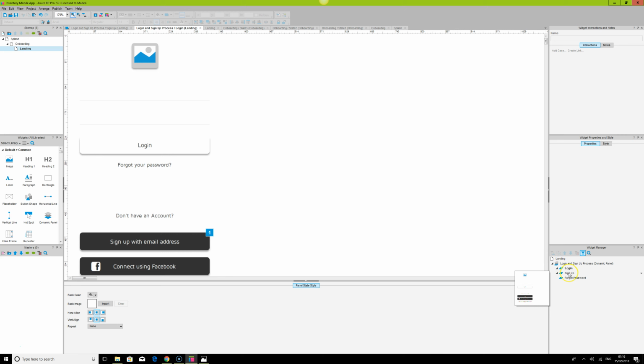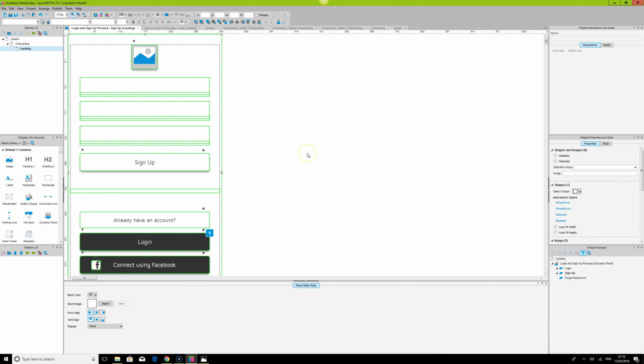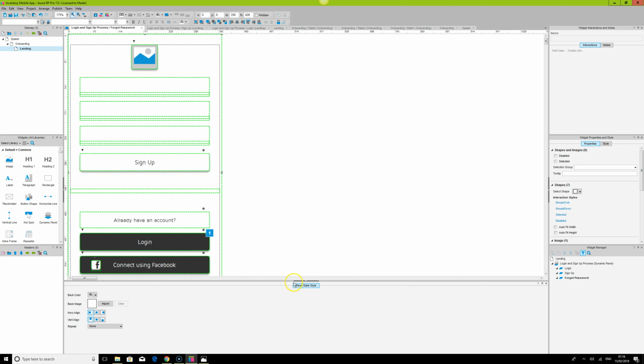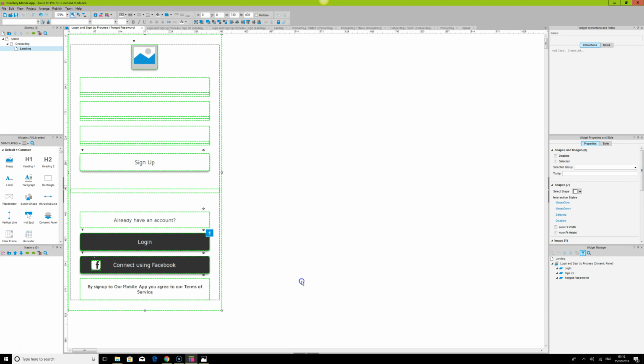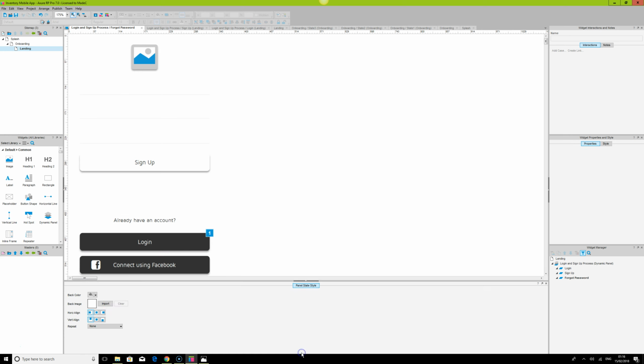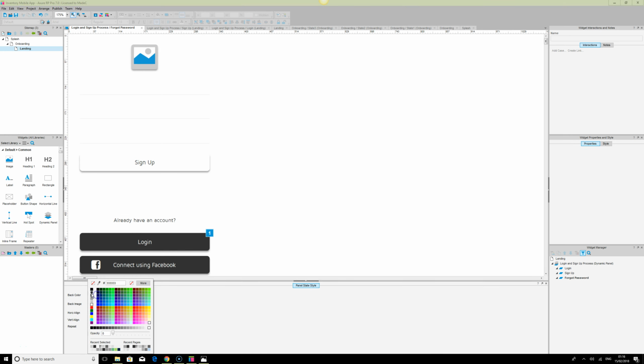we need to create what happens when the user forgets their password. So we're going to use the same approach. We're just going to duplicate, highlight everything, Control A, and paste it here. Now what we need to do is change the back color so that we can see the design again,